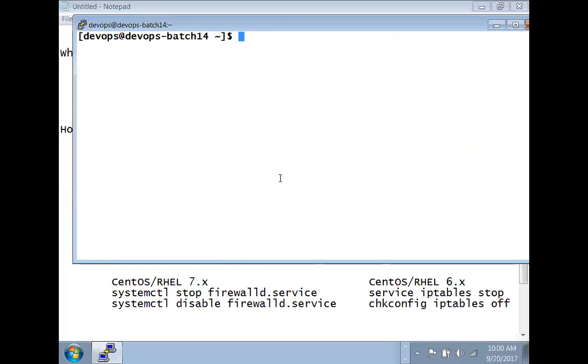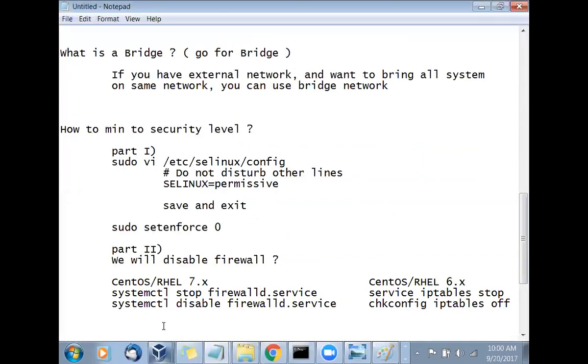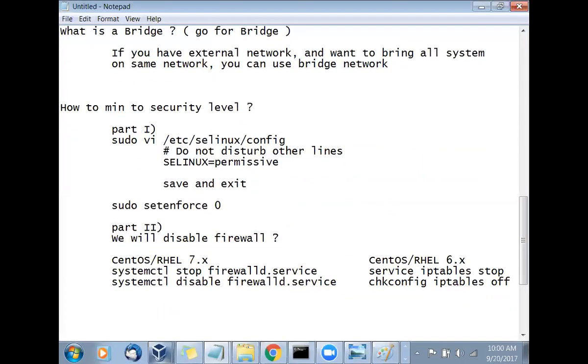Now let's first learn about the editor. We talked about the editor. Which editor? The vi editor or Vim editor. Let's talk about that, because most of you may not know the editor. We'll touch base a little on the editor side and try to get some more on that. So we will go with the vi editor or Vim editor.